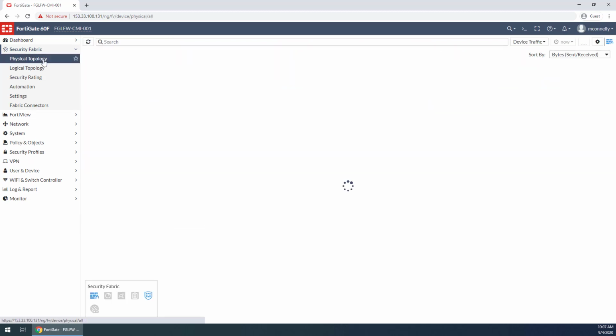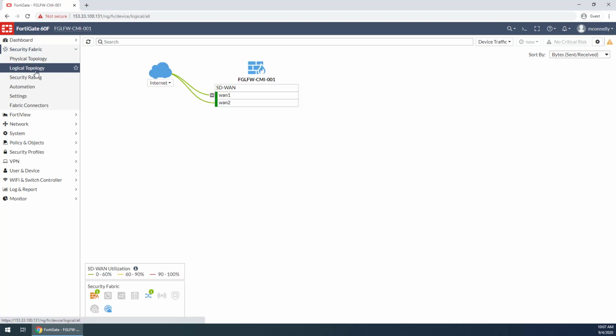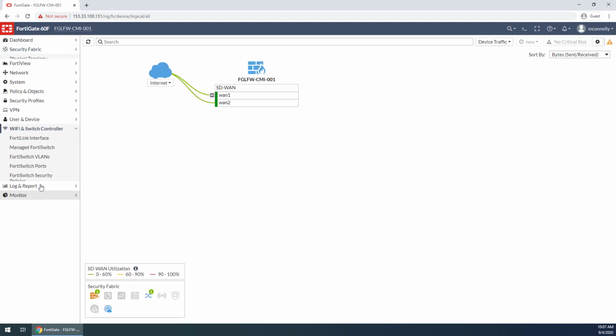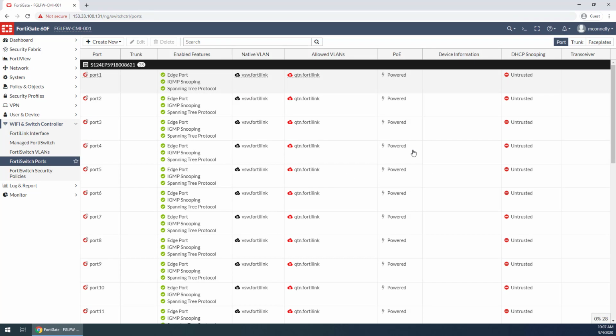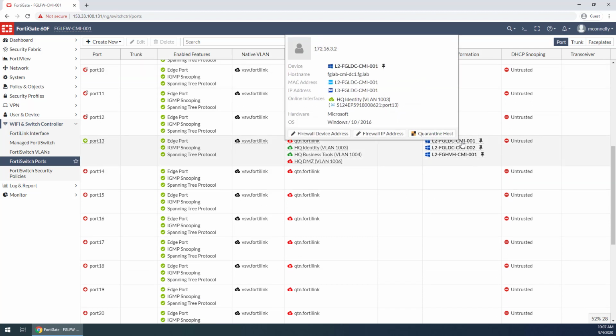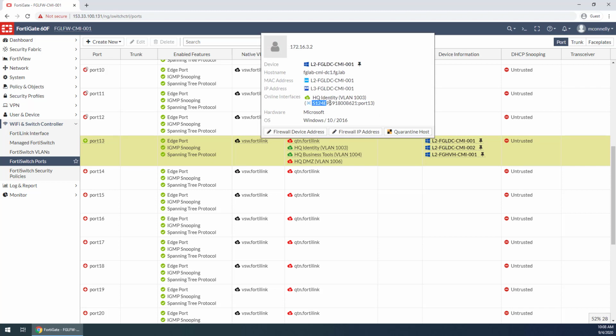So what we can see now when we go up here to the security fabric is, oh, we can't see the devices, huh? Usually you'd be able to see that, but let's go into the switch controller. We should see those names pop up on the switch port now. Yep, there you go. So when you create those layer 2 objects, it names the device accordingly, and when you go into it and actually look at a device, you should be able to see that it is on a specific port